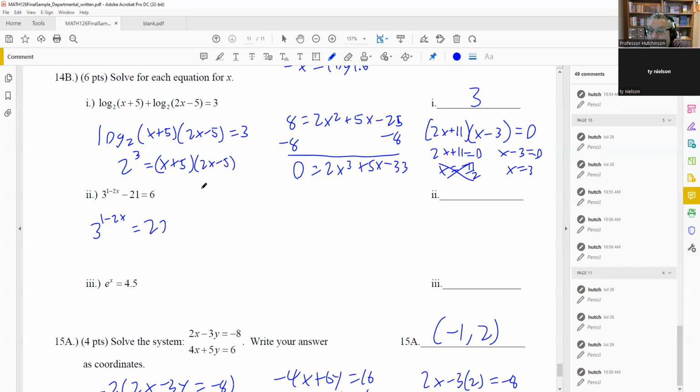Okay, so by doing that, you're going to change this into 3 cubed. Okay, so we got the base is 3, and then since the bases are equal, we're going to set the exponents equal to each other. We get that. We're going to subtract 1, so we get negative 2x equals negative 4. If you divide both sides by negative 2,